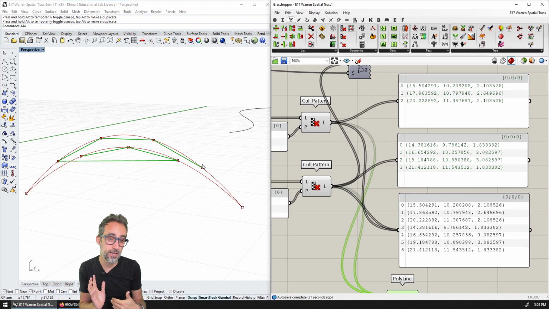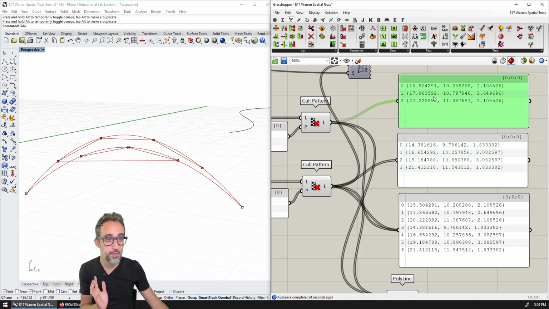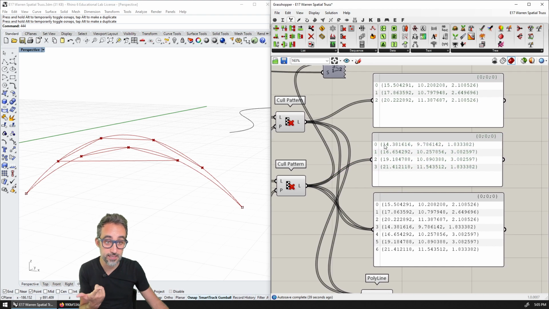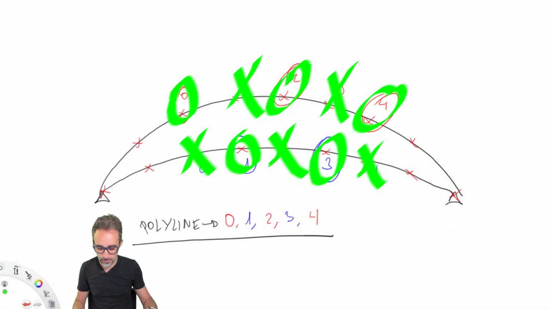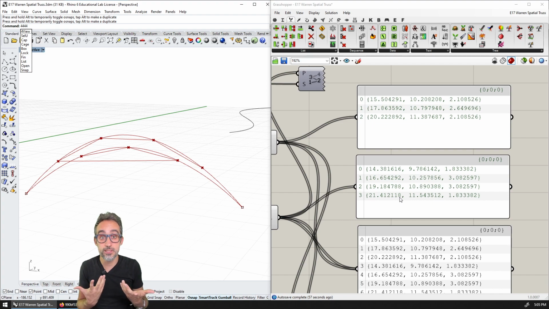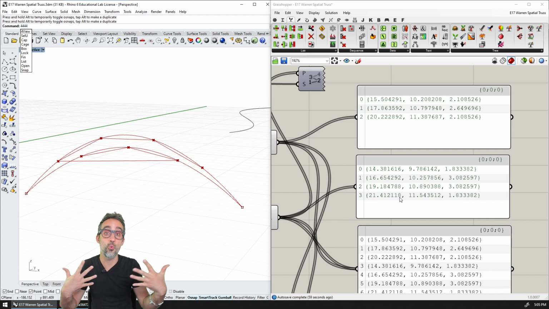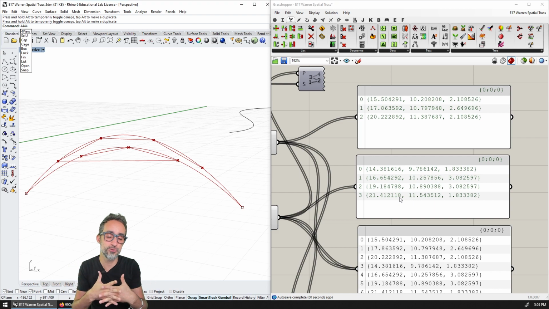What I need to do is figure out a way to mix this list with this list so that the resulting list has this element, the first one, this, the second one, this, the third one, this, the fourth one, fifth, sixth, seventh, in a way that they are woven into this pattern that does the internal triangulation. How am I going to do that? Well, we're going to see now in Grasshopper how to use weaving to put these two lists together into one that has these elements woven.